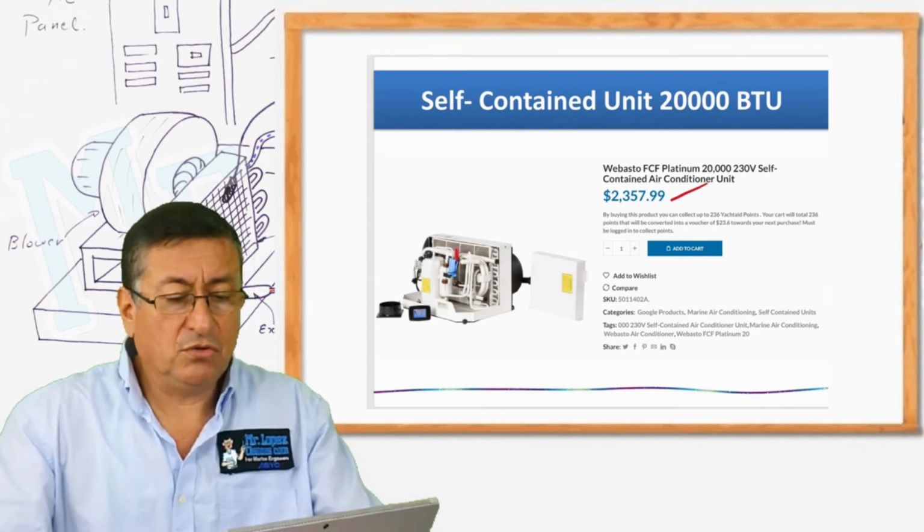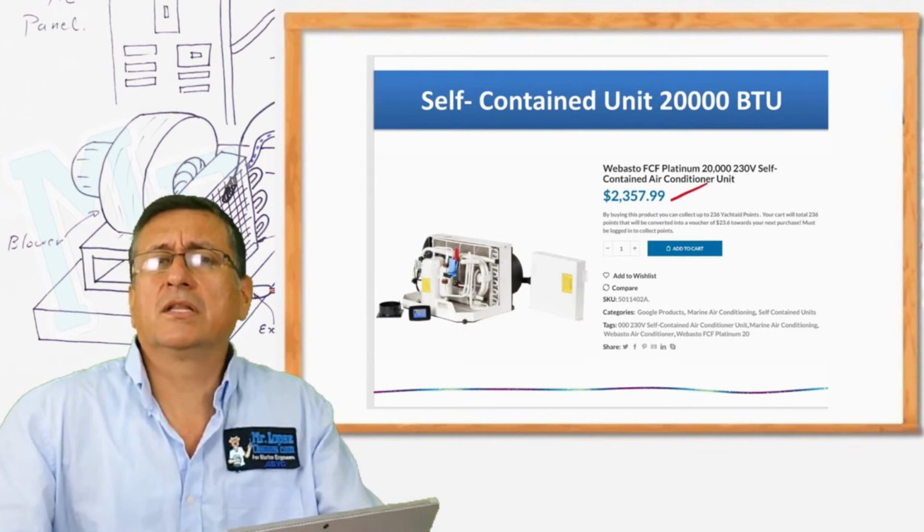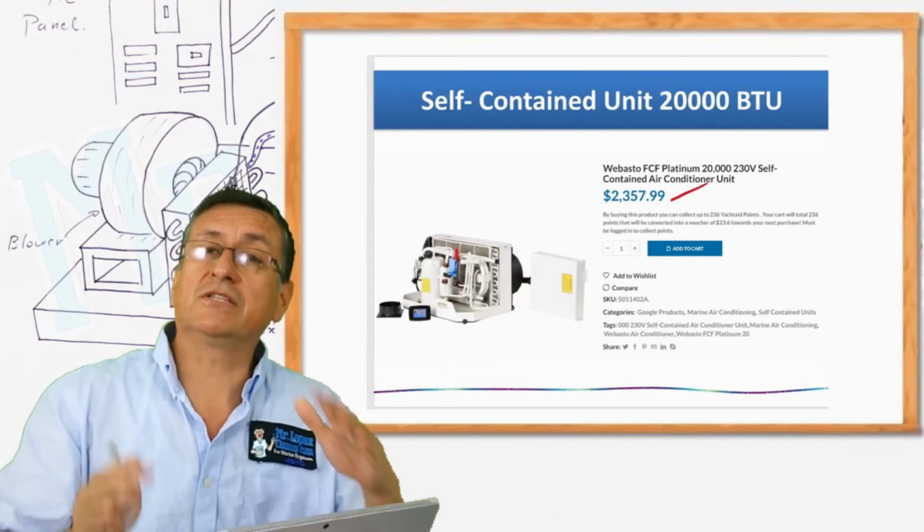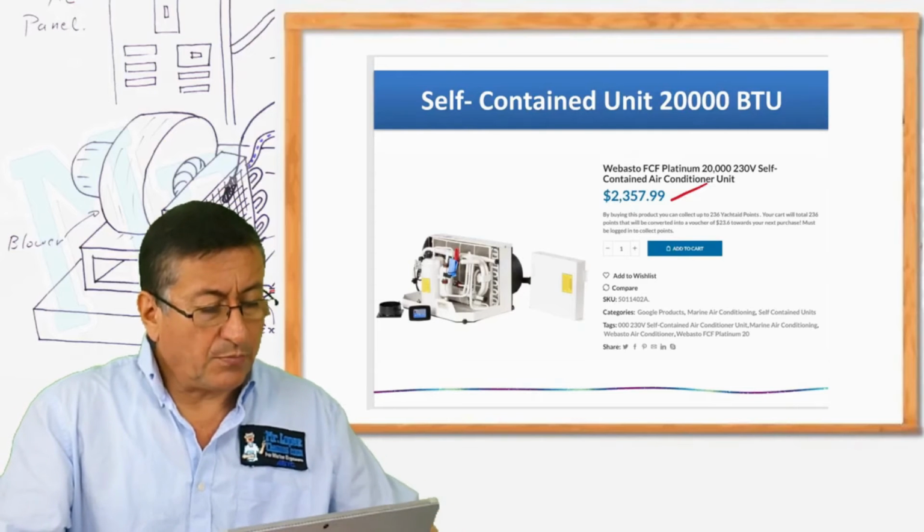This is a self-contained unit. It's around $2,400 the unit for that saloon. It's not expensive, only for the saloon. Okay, my friends, this is the procedure. And now